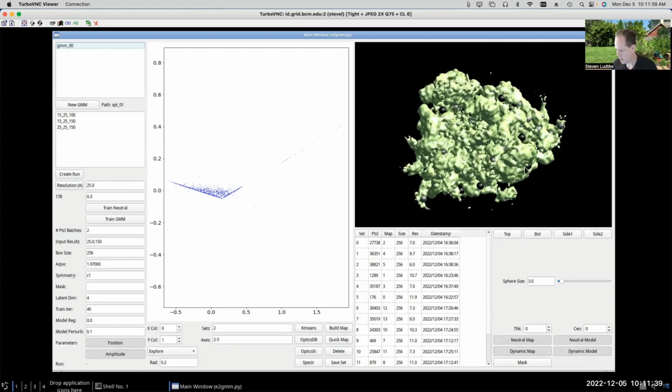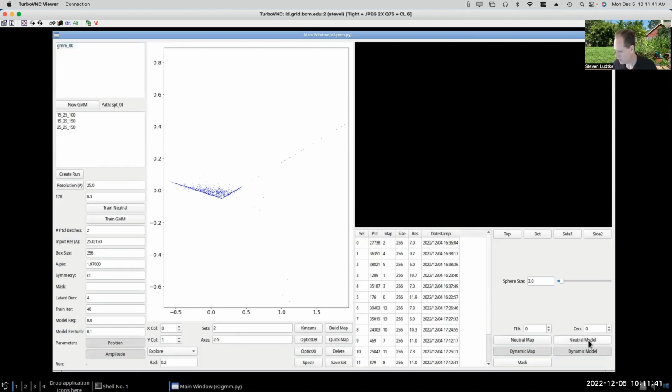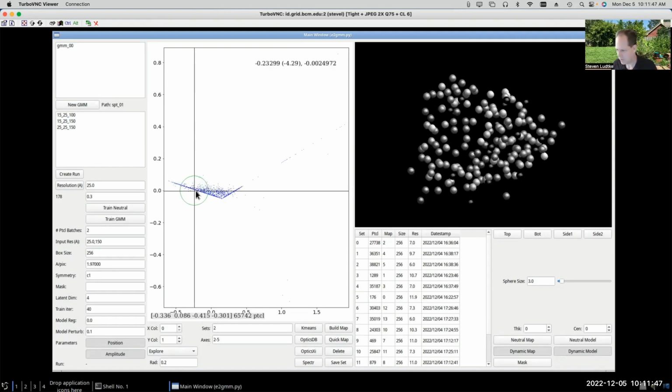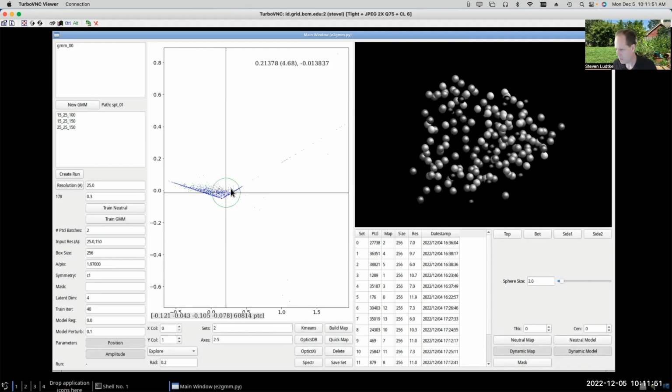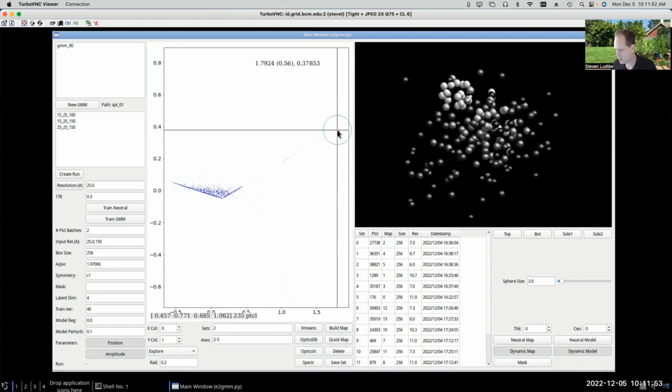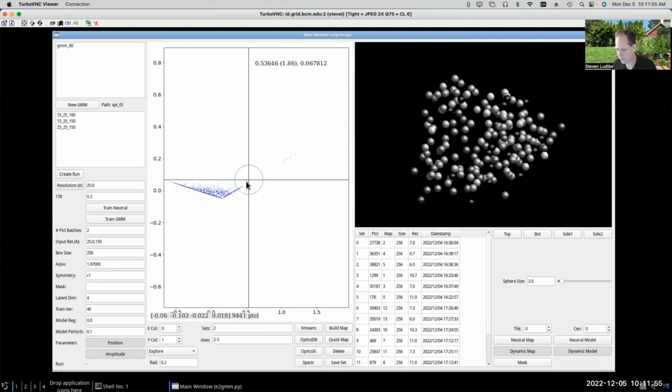So here you can see the ribosome particle. I'm going to turn off the map and model here. Now we've got dynamic model and dynamic map. Now what we're looking at here are the motions of the Gaussians corresponding to looking at different parts of